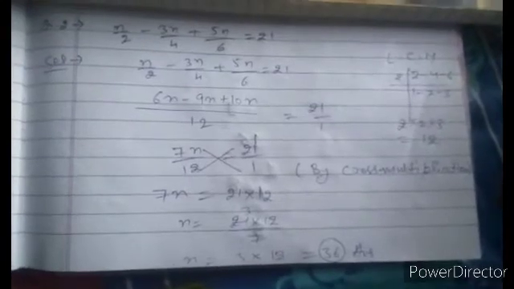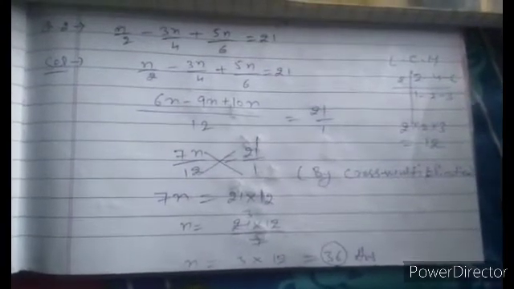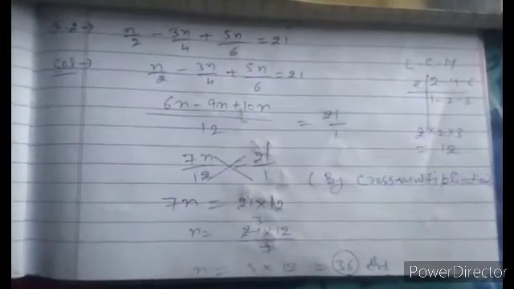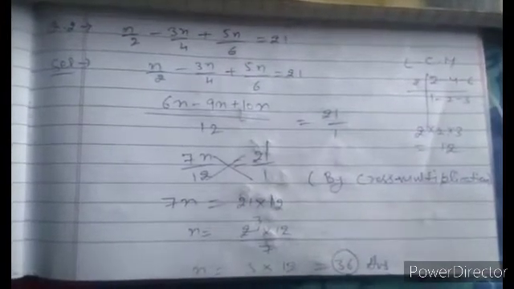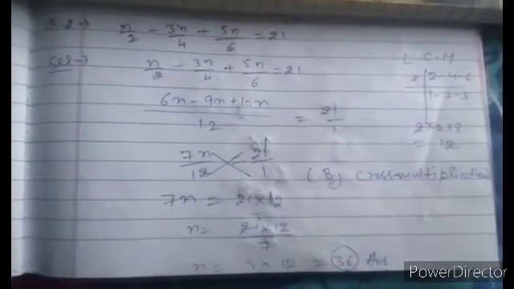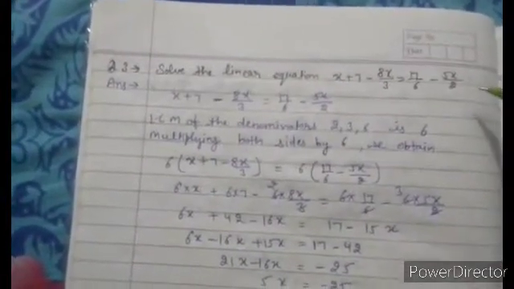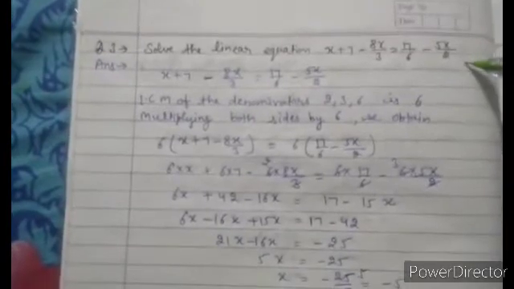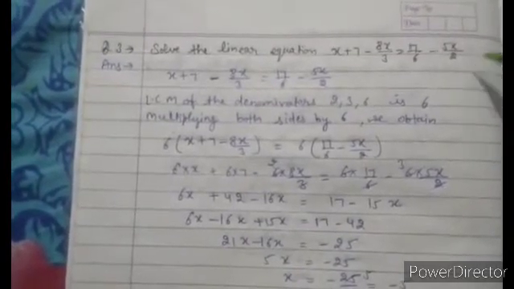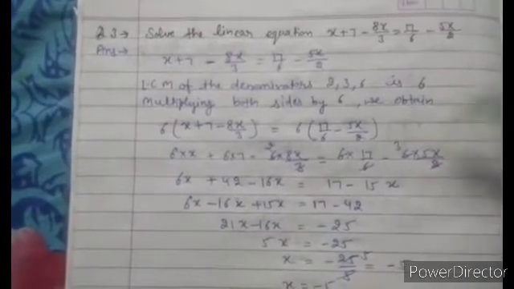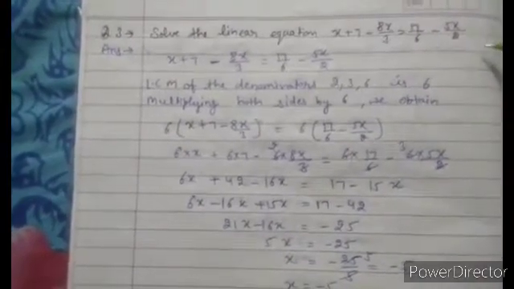So we can solve these questions with two methods. The complete exercise 2.5 can be solved with two methods. Which method you feel easy, you can solve. But you have to solve with one method. 8th class NCERT Maths exercise 2.5 question number 3. The question can be solved by two methods. Here I will tell one method, and after this I will tell the second method.